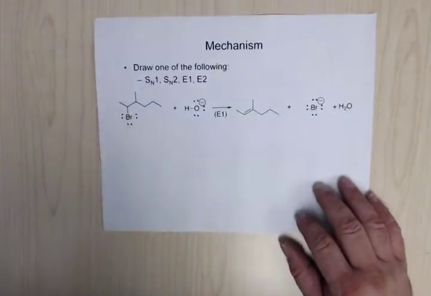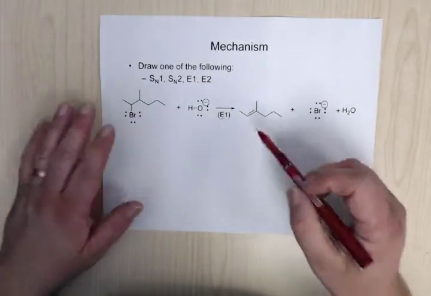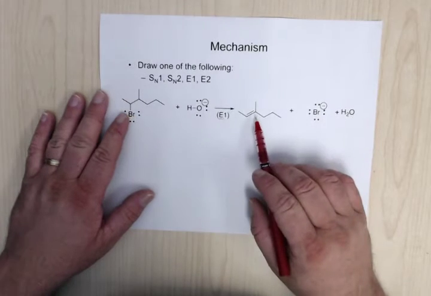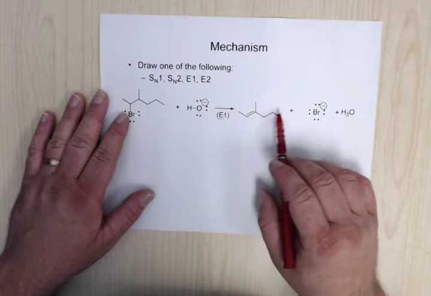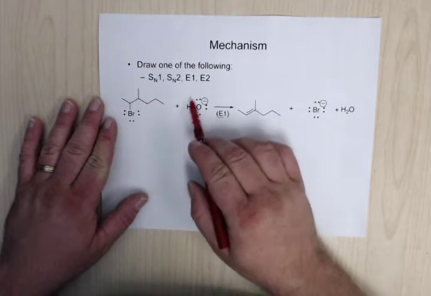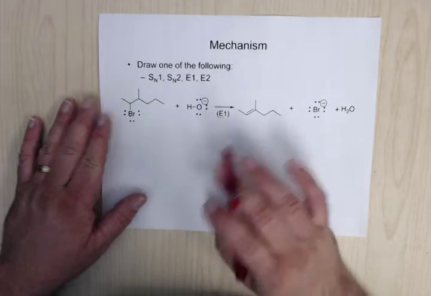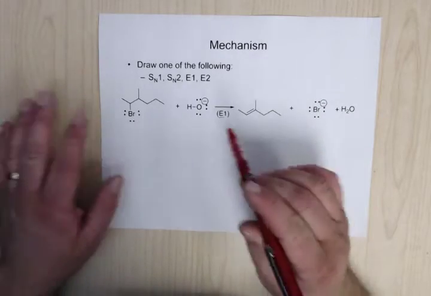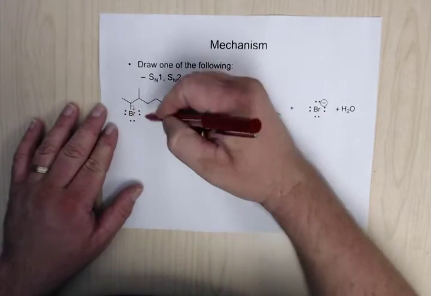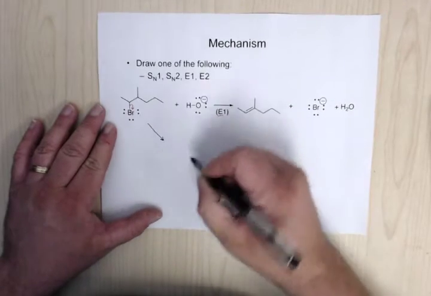Okay, so for the E1, right? Whenever you see elimination, you know you're going to have to get a double bond as a product. So for here again, this is going to be our leaving group. So that makes this our base. Now for the E1, the first thing that happens, just like the SN1, is that this leaving group is going to leave. And so we're going to end up with,